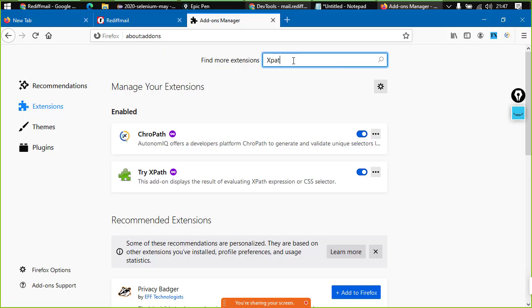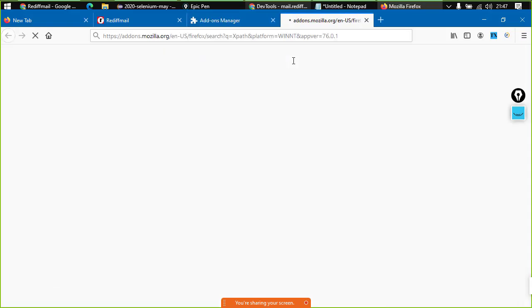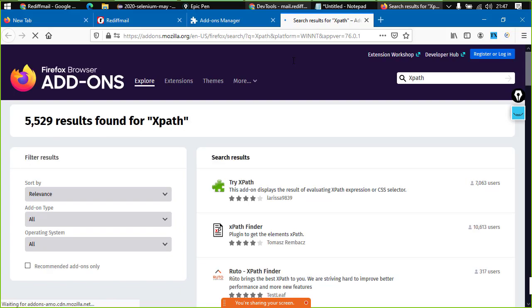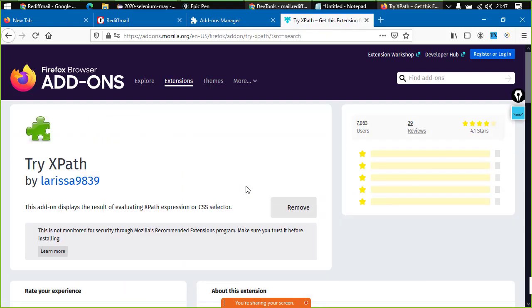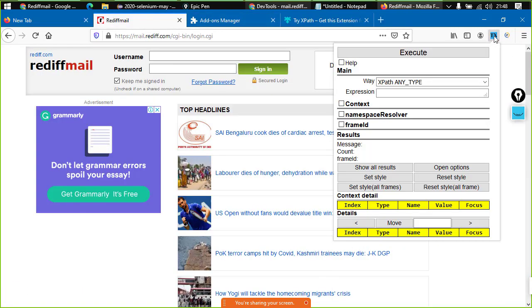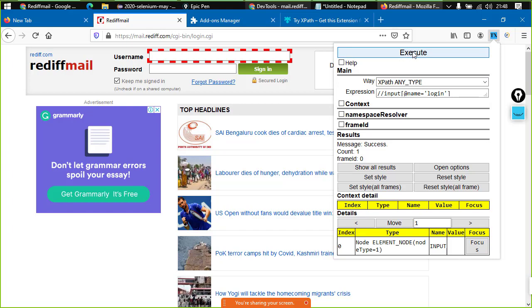right? And hit enter. It will take you to the page where you will get a list of add-ons that you can use. See, the add-on that you need to use is this Try XPath. This allows you to try the XPath on the page directly, and I have already installed it. You can simply click on add to Firefox here, and this will work for you, right? Now the benefit, going back to this, click here, TX is the button. You have the option of expression, paste the XPath that you would want to use, click on execute. It will highlight the element that you can use, and it will show how many matching elements are there as well, right?